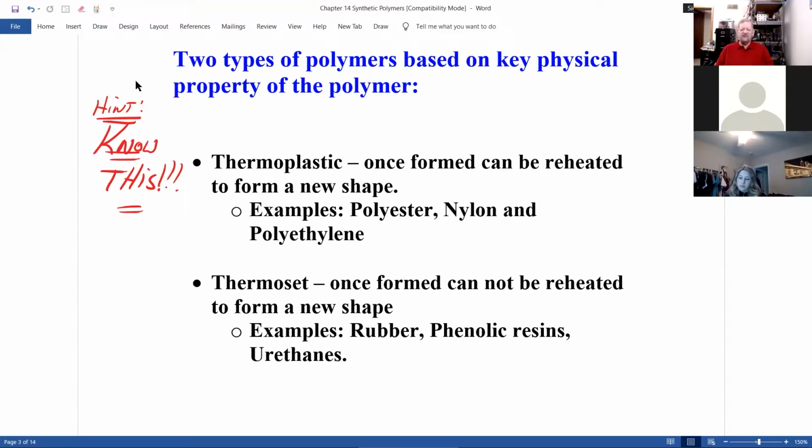A thermoplastic, once formed, can be reheated to form a new shape. Like if you cut this bottle up into little pieces, I can reheat it and mold it into another bottle or other things, assuming I take the label off. Examples of this would be polyester bottles,